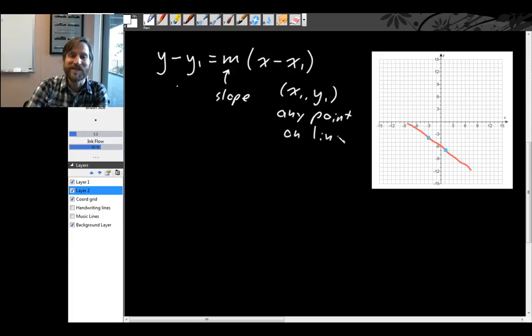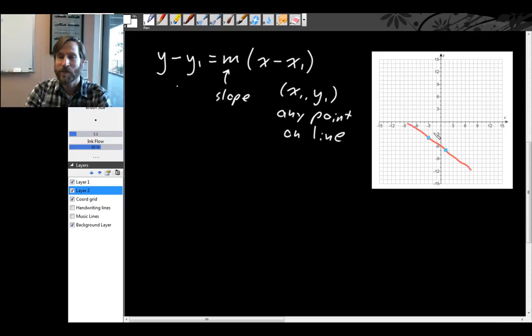Since we have 2 points on the line, we'll be able to choose which one we want to put in for x1 and y1. So first let's find the slope. Now on this example, we could find the slope by counting again, but just for variety, this time let's use